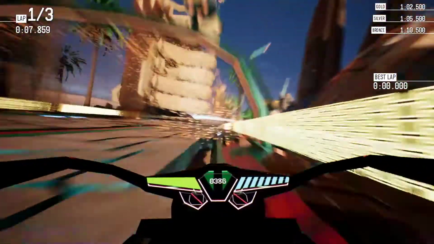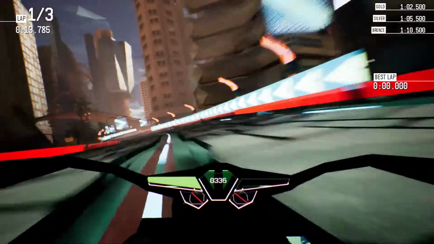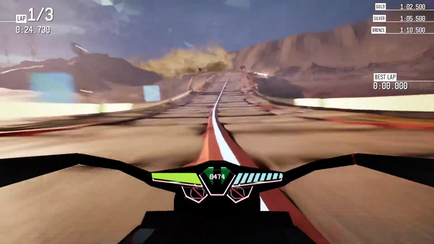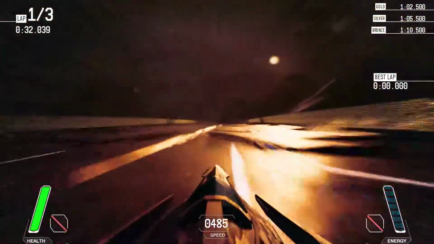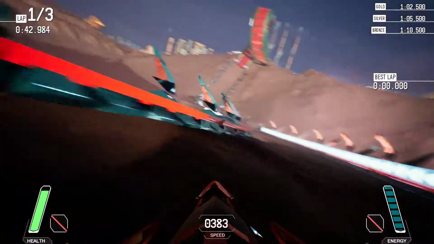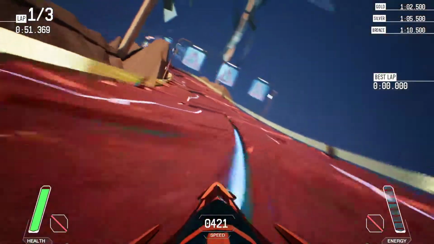3, 2, 1, go. Ooh, there we go. Does it look like I'm missing some textures or something on the inside of this? In RedOut, you can move your ship sideways, straight, from my understanding. Okay, this is cool. Really good. This is more of a tutorial. Heck, I should have just played this instead of the time trial. Alright, well, let's hit some turbo. Also, oh, that's not a bad view right there. Or I suppose maybe it was only doing the tutorial because I wasn't strafing to begin with. Oh, nope, okay. It's just throwing it at me. I was definitely pitching up there, so...